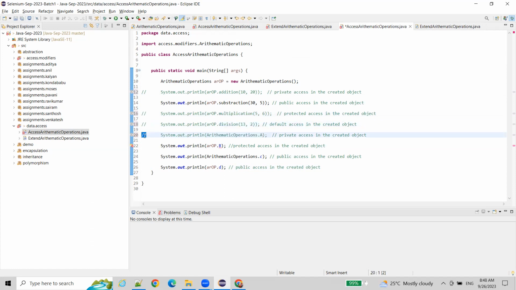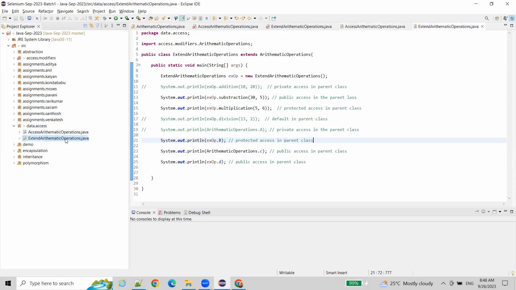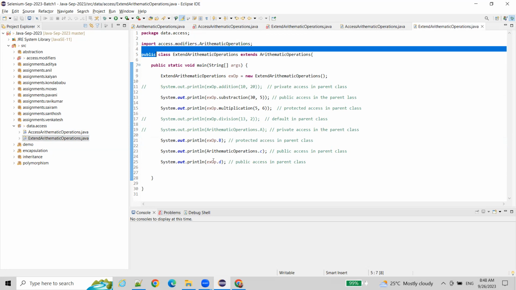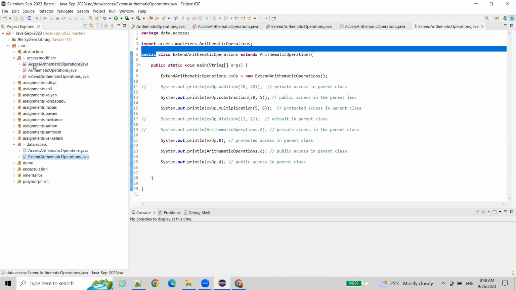This one also you cannot access. So this is protected, you cannot access. So here you are able to access the protected one. Here this is protected, you are able to access it in the subclass. Okay, similarly, if you come here, so here we have